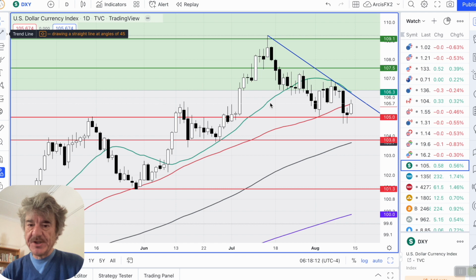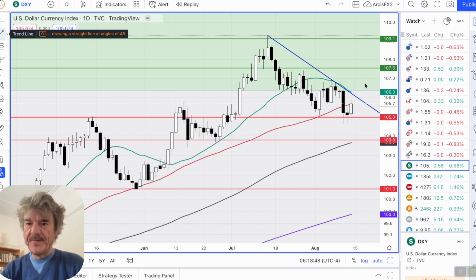And we're also below this green line, which is the 20 period simple moving average, and we're below this blue trend line. So we're still technically bearish on the dollar index, which means bullish on the euro. And that's all I can say about this really at the moment, because if we do manage to break up above this 20 period moving average and above this trend line, and then more importantly above this recent high, which is at about 107 or just below that, 106.80 or so,